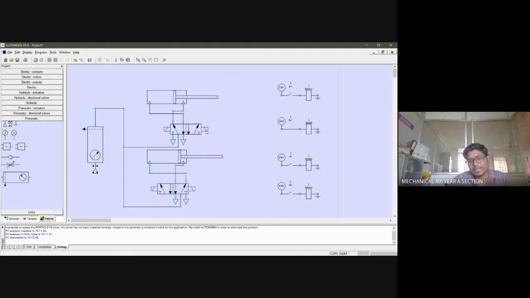This metal will get converted into a magnet, and that magnet will produce an attractive force on the spool present inside the direction control valve. When this is getting charged, it becomes your magnet, and the spool will get attracted towards this magnet. So the movement is it can move right and left.